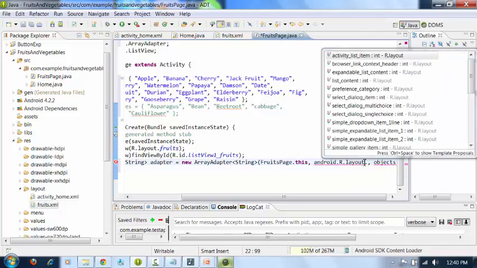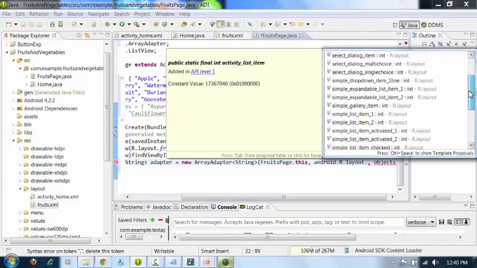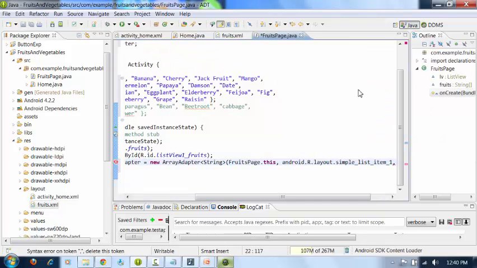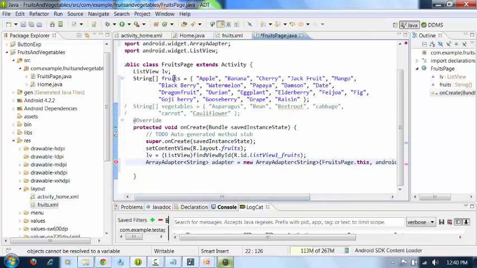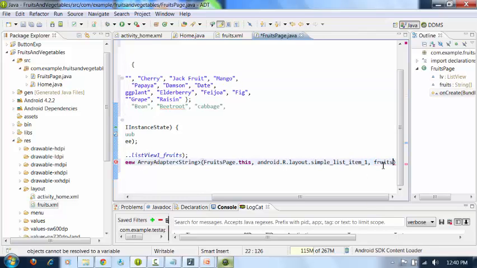Then here you can see different types of predefined layouts in Android. As of now, we want to design a layout for a list item. So select simple list item 1. What is our next requirement? If you want to design an item in a list view, you need the layout for the item. The second one is you need the content. So where is our content? Here you have the content in an array format. So copy that, add it to your third parameter,